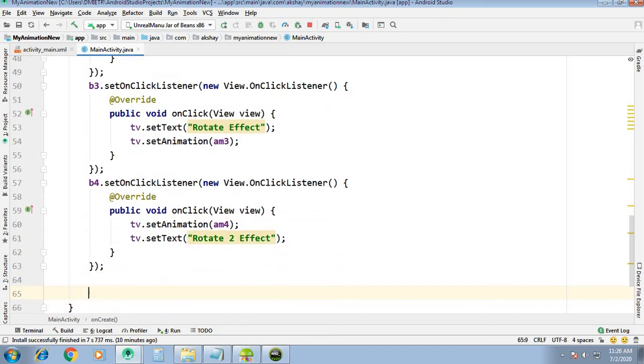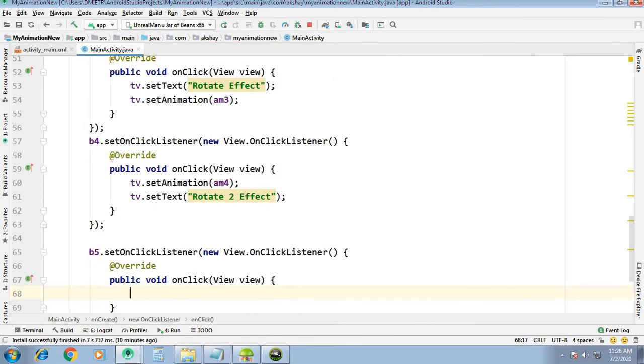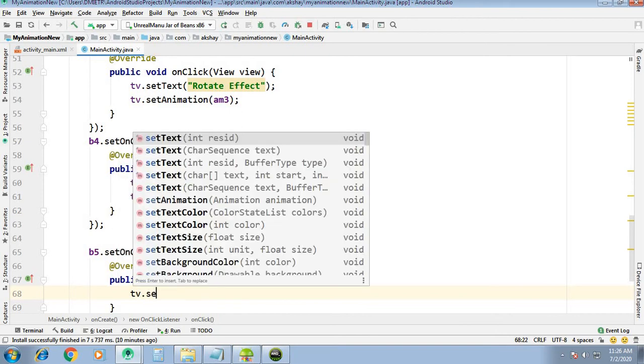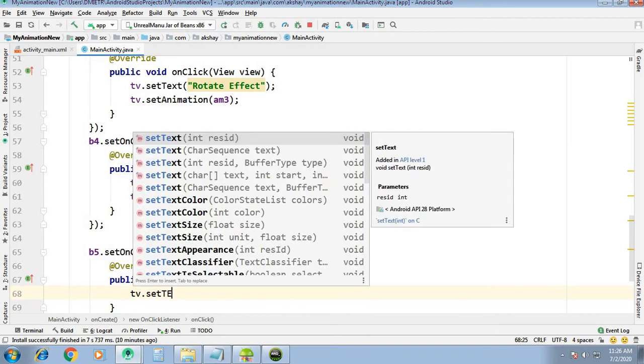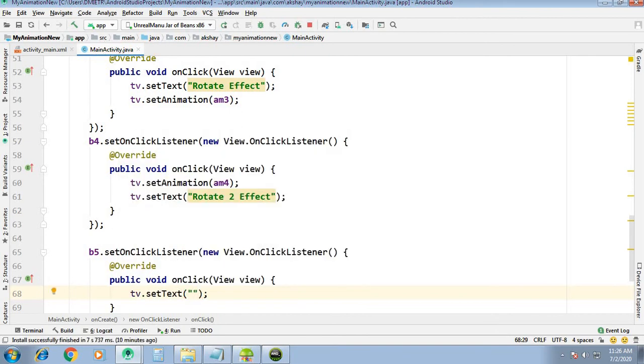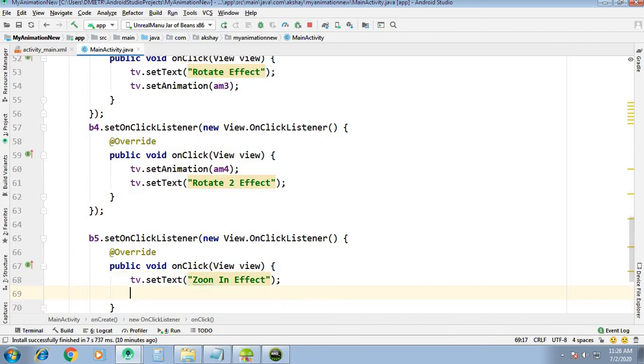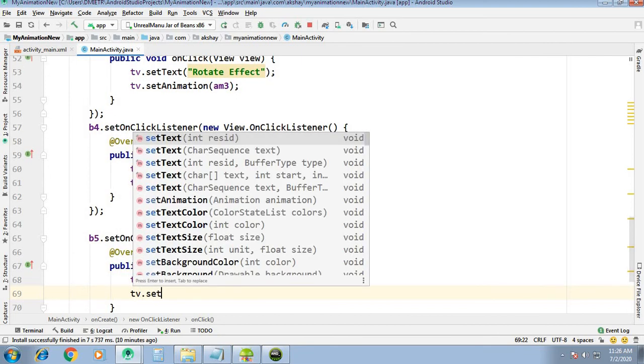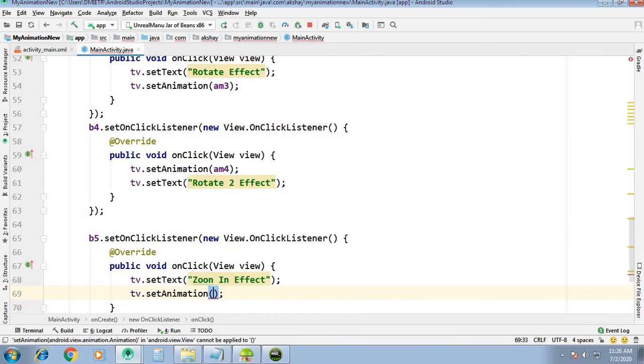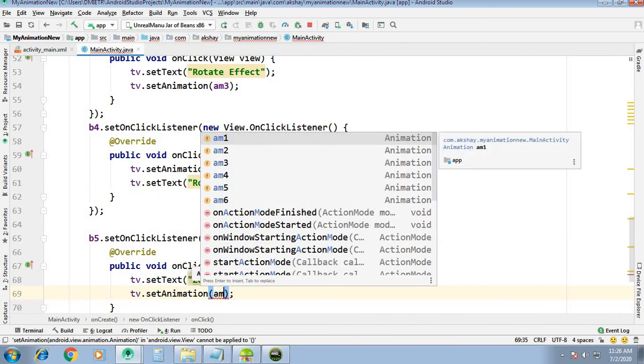Okay, so now b5.setOnClickListener, new OnClickListener. Now here tv.setText, here zoom in effect. Okay, and tv.setAnimation here am5,